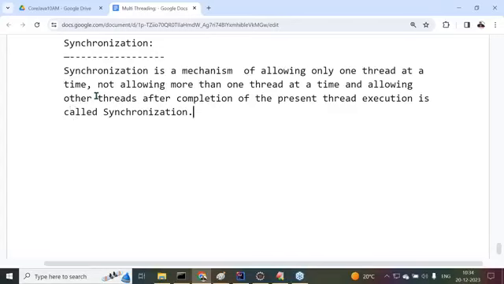Right, sir. Now this is exactly the meaning: the present thread execution is called synchronization. Everybody understand it clearly.